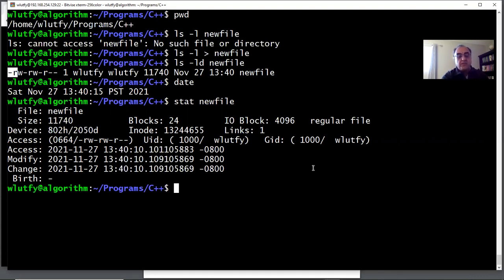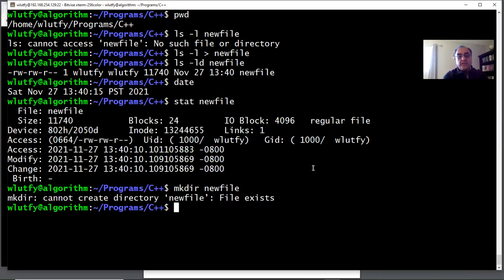If I make a directory with mkdir called new file, it says the file already exists, because a file could be a directory or a file. You cannot have the same name, because in Unix and Linux, everything is a file. So I have to say mkdir file1. Now file1 is there,